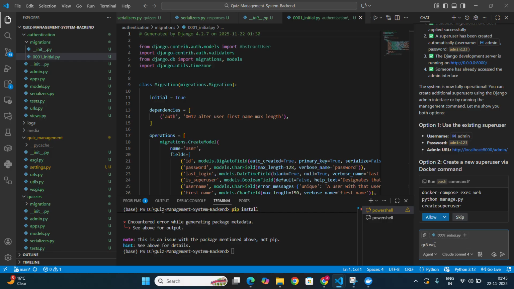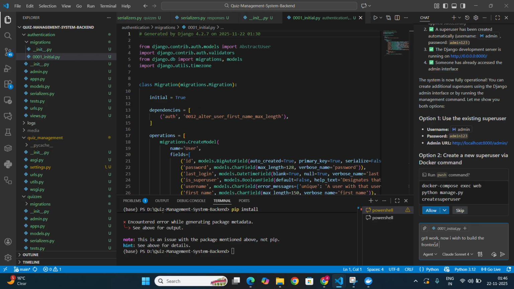Great work. Now I wish to build the front end. So for that, what I want,